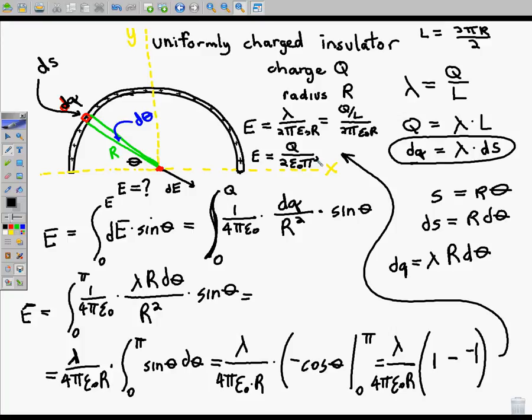There's 1/4 epsilon 0, you just do the integral. 2 over 4 is 1/4. That is it. This is cosine of pi, negative 1. So 1 minus negative 1 is going to be a 2. And then the 2 over that 4